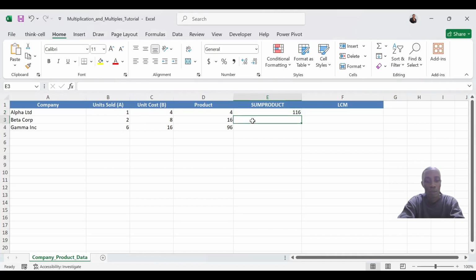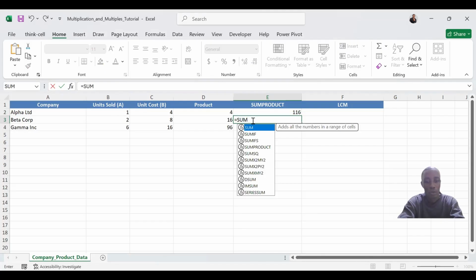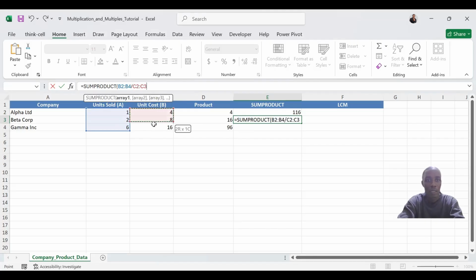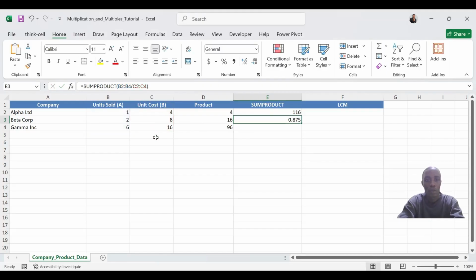So for example, if I do SUMPRODUCT and then select this array, so instead of having a comma here, I want to have a division, okay, and then I select the next array. So what happens is that